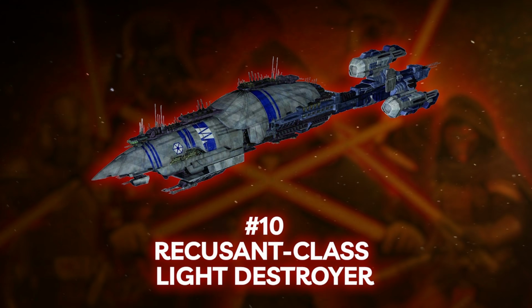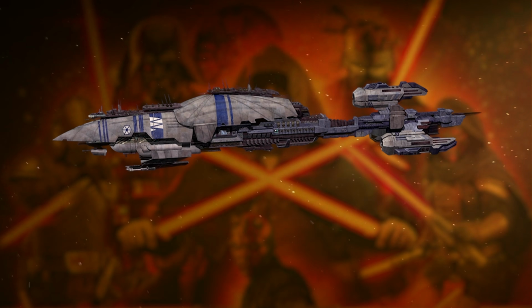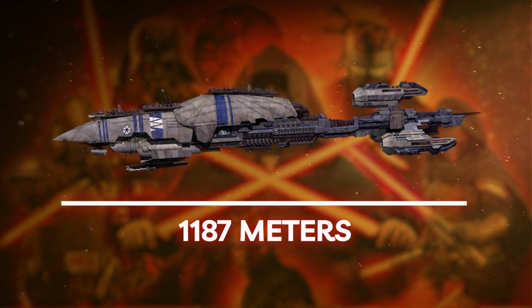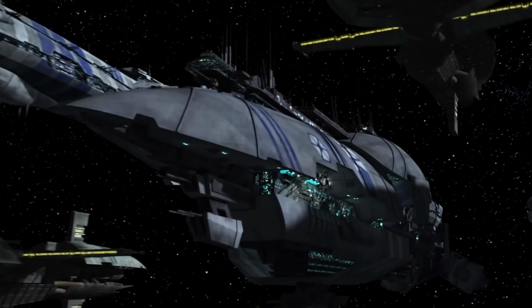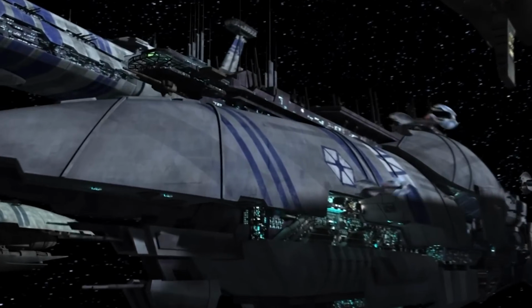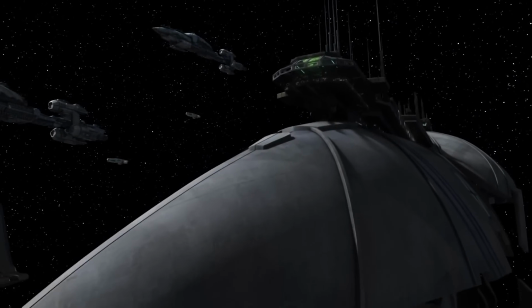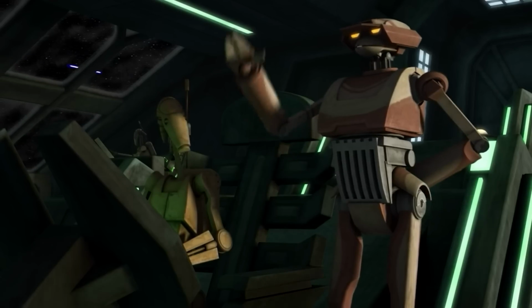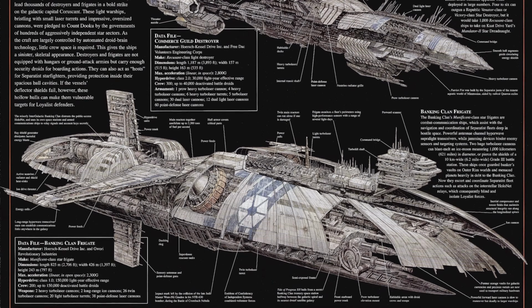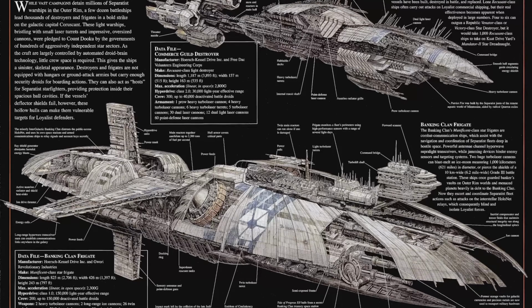Number 10. The Recusant-class light destroyer. If you're scrolling through galactic listings and you see a 1,187-meter-long Recusant pop-up, just know you're not buying a home, you're leasing a separatist industrial accident. This thing was built to be run by about 300 crew, because the real workforce is automation, droid brains, and a ship-wide attitude problem. It can haul roughly 10,000 tons of cargo and carry up to around 40,000 battle droids,